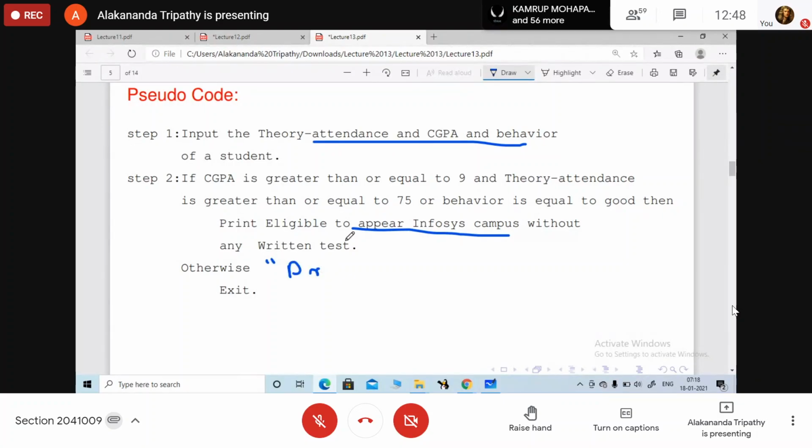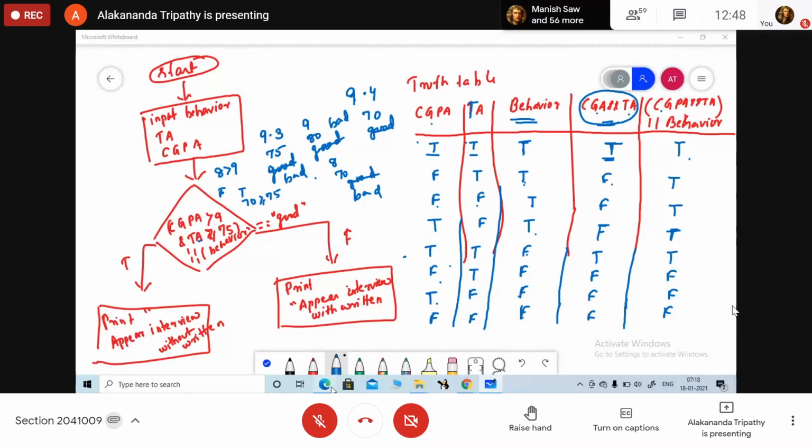Print eligible to appear with written. Okay. According to my control flow diagram.